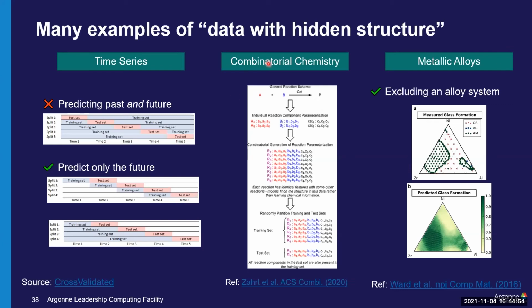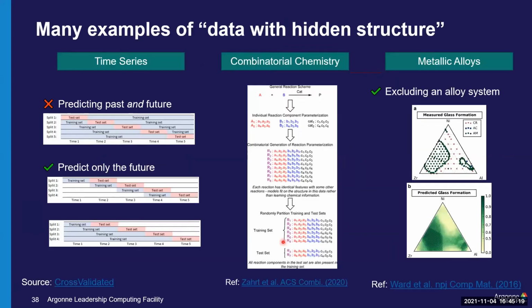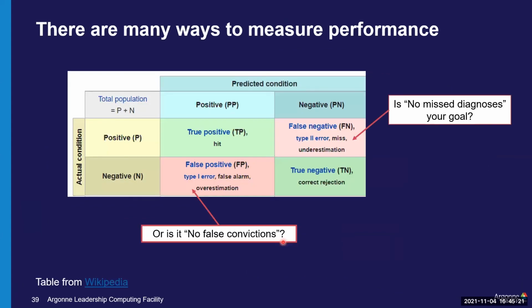Or if I'm doing some kind of combinatorial experiment where I'm varying different variables within different clusters, I'll create a partitioning scheme where I ensure that data from the same cluster is not split between the training and the test set. Very analogous to that, what happens if I have a different type of data question we showed earlier. The next thing I'd encourage you to consider